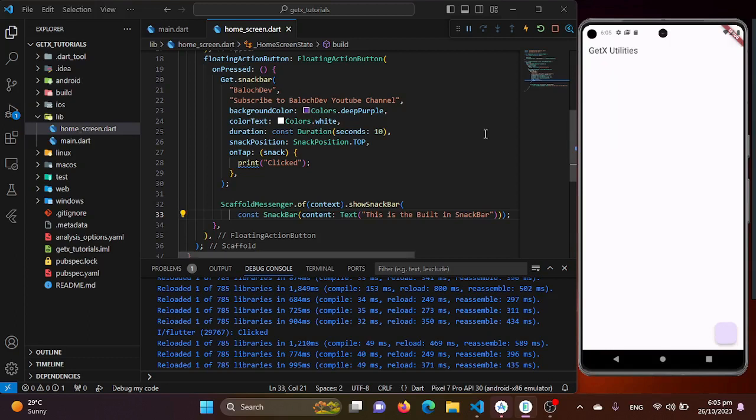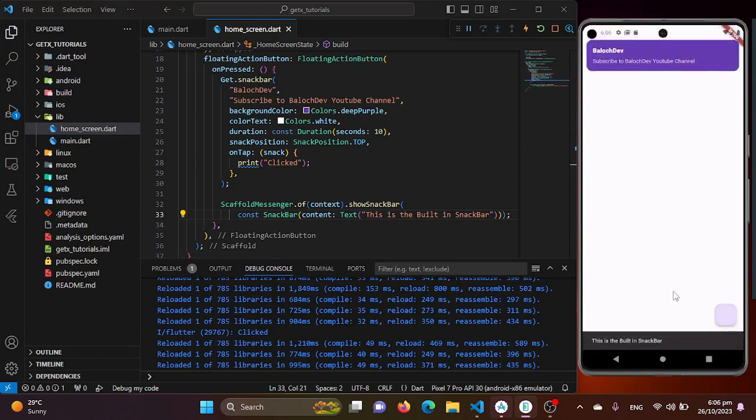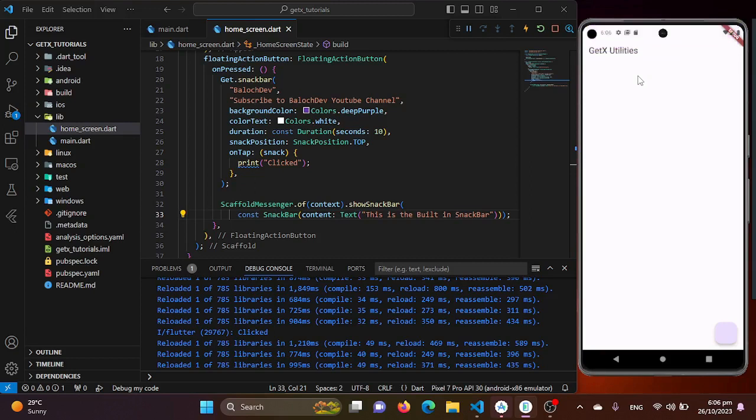Now let's explore the code. When we press the button, we are using Get.snackbar to display our snackbar. It is incredibly easy and powerful. But here is the challenge for you. In the comment section below, let us know which snackbar implementation you find easier to use: the built-in Flutter ScaffoldMessenger,